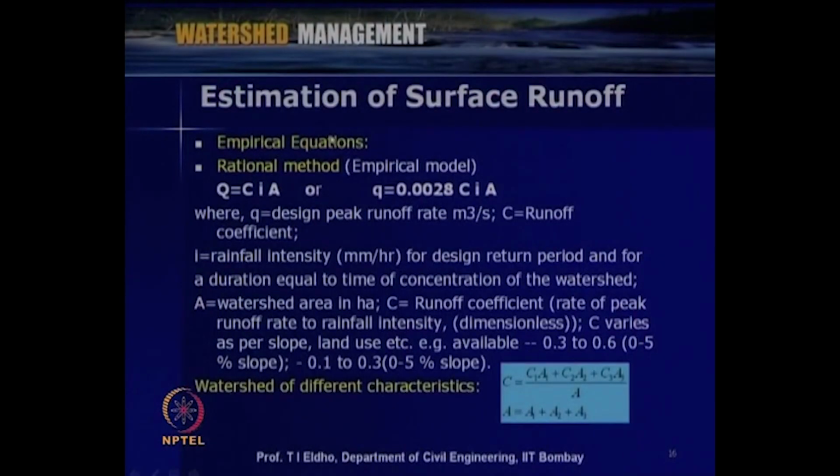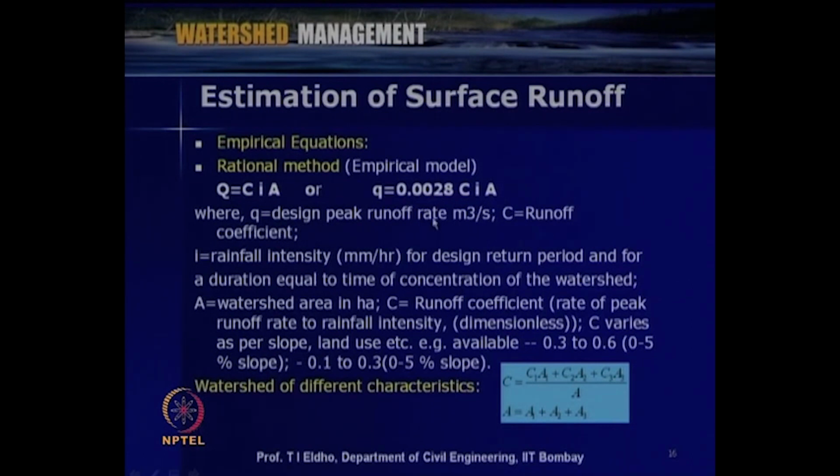One of the most commonly used empirical equations is the so called rational method. This is a relationship giving the discharge or flow versus the rainfall for a given rainfall intensity. Q is equal to C into I into A, where Q is the discharge or the flow, C is the so called runoff coefficient, I is the rainfall intensity, and A is the area of the watershed which we consider. This we can write as small q is equal to 0.0028 CIA, where small q